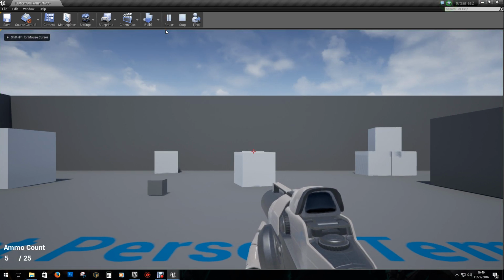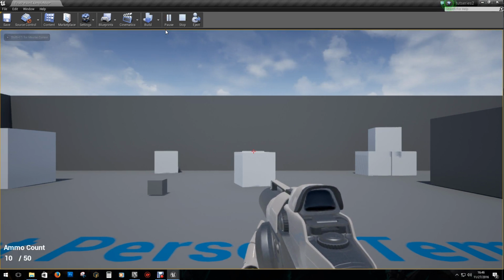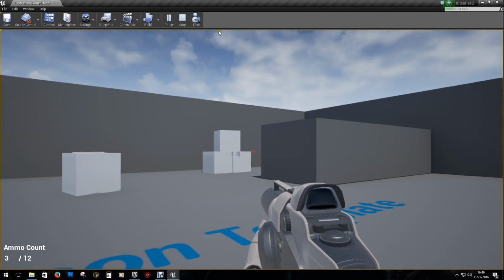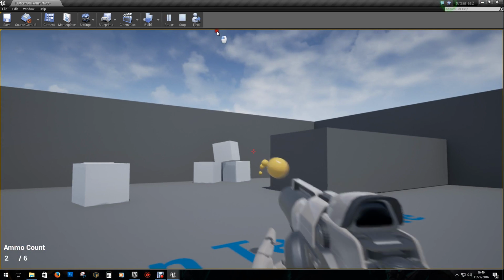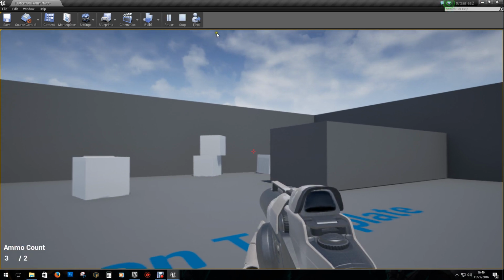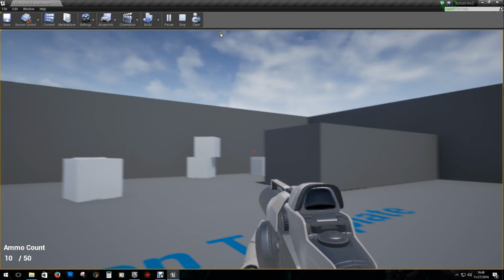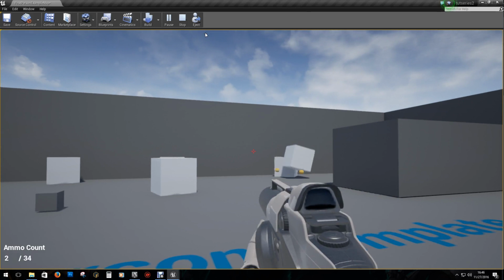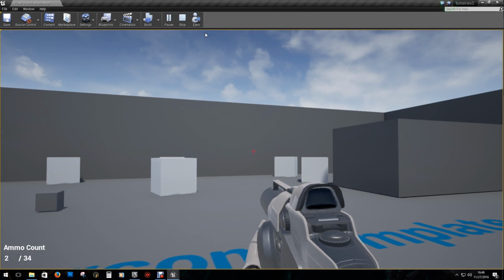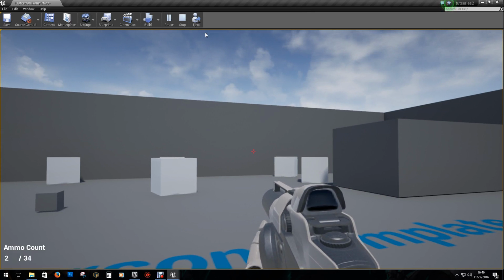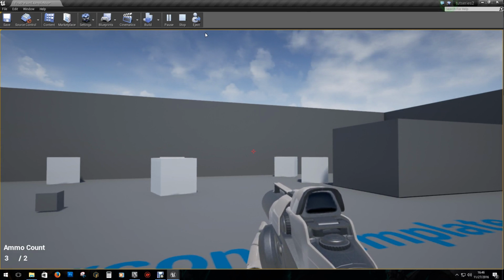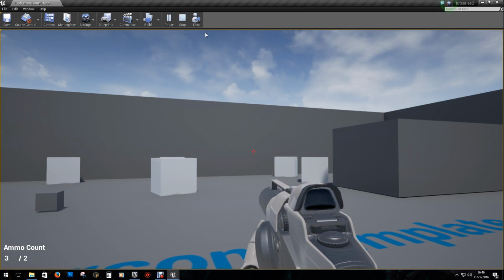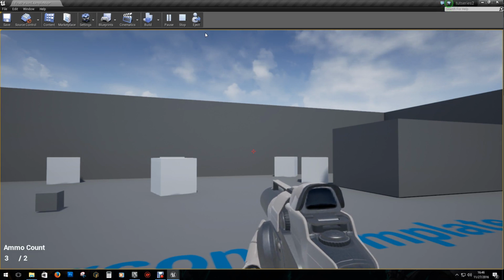But now if we hit 1, we got 5 out of 25. 2, we got 10 out of 50. 3 is 75 out of 300. And 4 is 3 out of 12. Now let's fire off some of this. Alright, we got 3 out of 12 left in 4. We got 2 out of 34 left there. Now, we go back to 4. We have 3 out of 2. Okay. So with that, that has shown you how to do multiple weapon systems or multiple weapons and